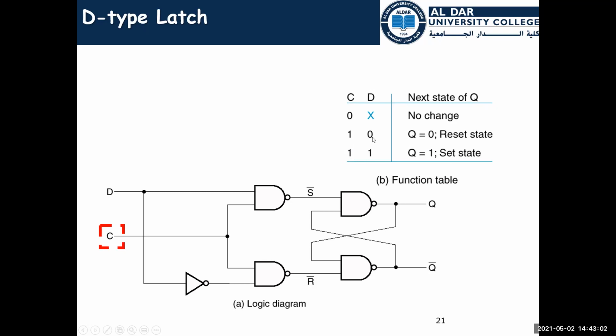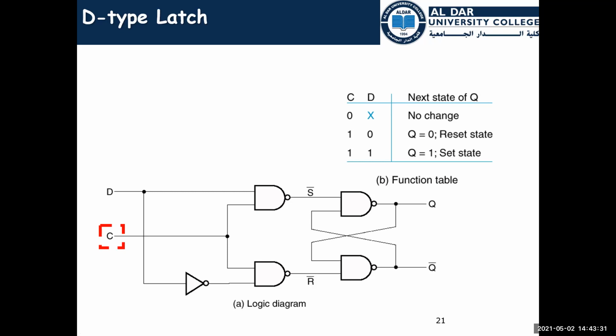If we have 1, 0, sorry, if we have 0, it's like that. We don't look at control. Control means that the circuit is working. So if we have 0 as D, the output will always be 0. If we have 1 at D, the output will always be 1. And that's the objective of our